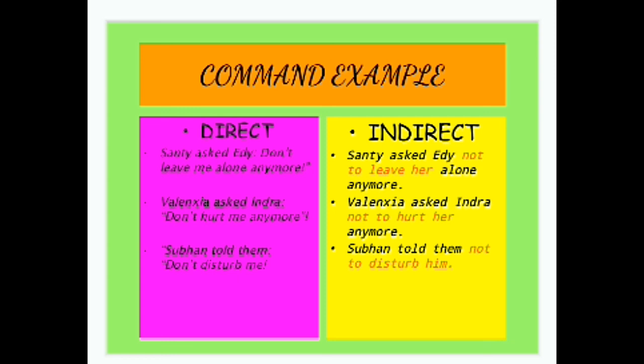Valencia asked Indra, don't hurt me anymore. So Valencia asked Indra not to hurt her. Shubhash told them, don't disturb me. Shubhash told them not to disturb him. So here, for a negative command, the connecting word is not to. And then we move on to the